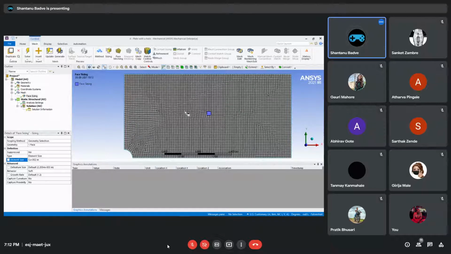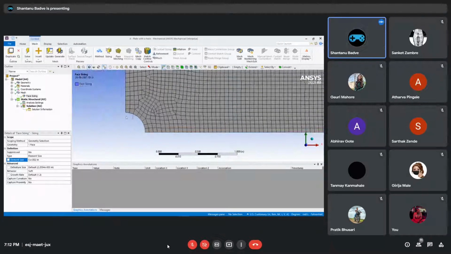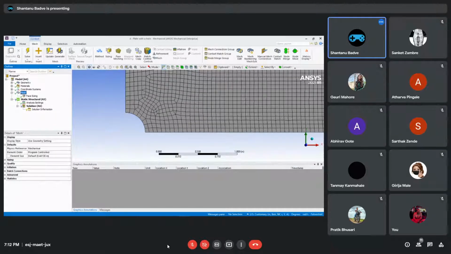You don't want that. You only want this circular hole right here to have those small faces. And therefore, we will use something known as mesh refinement. So if I just click on mesh back again in here, you can see that there is this tool called mesh refinement.